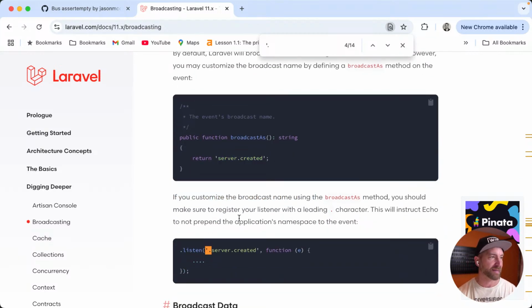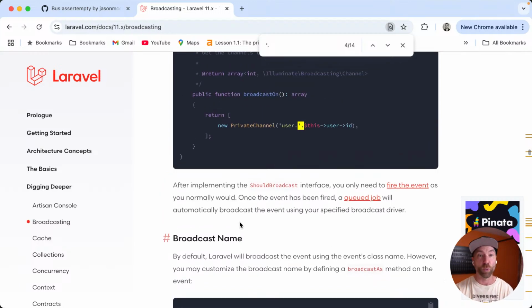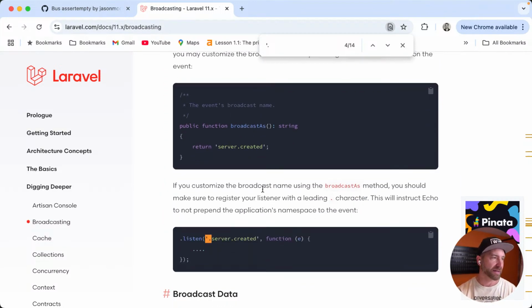You may be broadcasting an event in different ways. So, listening for that, this code seems to be in Echo, but I think Echo could probably be a bit smarter here, where you didn't have to prefix it. For example, even in the example here, there's no way a class name in PHP can have a dot or a dash or these types of things. And that's typically how you're naming your generic events. You're normally saying something like server.created or order.shipped or